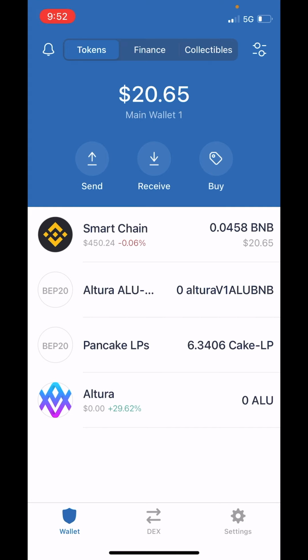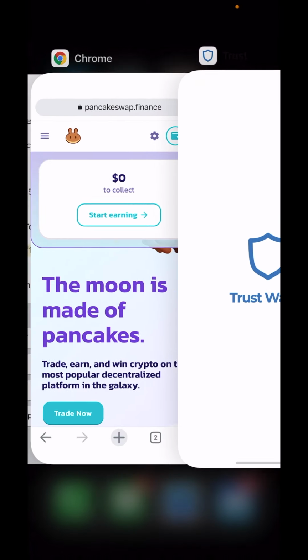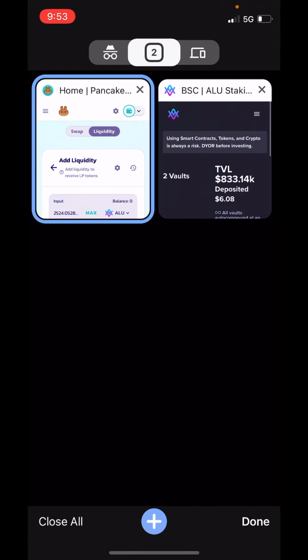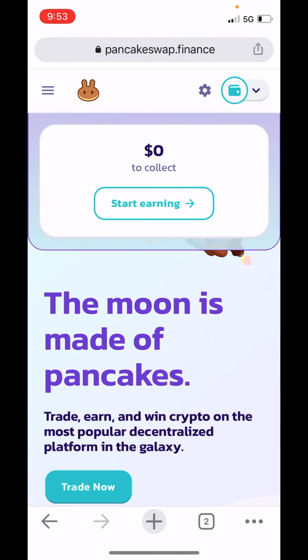So hopefully you waited longer than I did to withdraw your LP tokens and you earned some nice interest on them. The last step I will show you here is how to turn the LP tokens back into the Altura and BNB tokens. So head over to Google Chrome and head over to PancakeSwap.